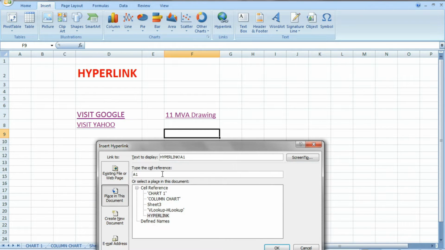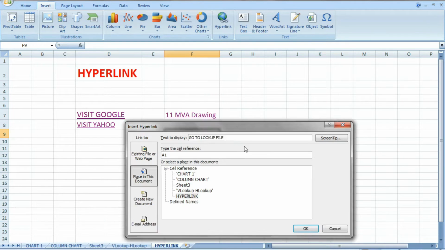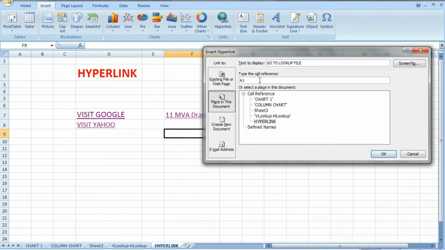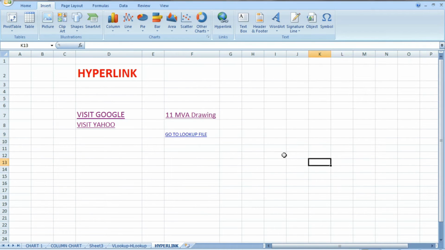Okay, now here: go to look up file, and the place is A20, and the chart is 3 lookup, HLOOKUP, right? So this is the hyperlink I have created.